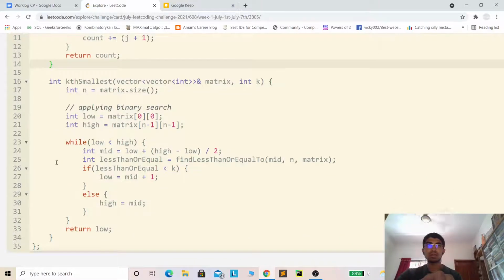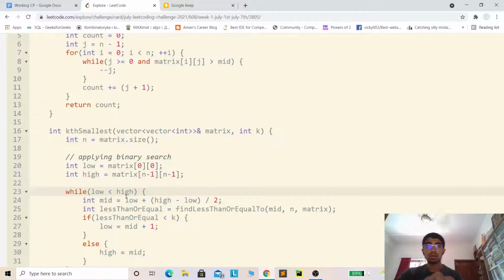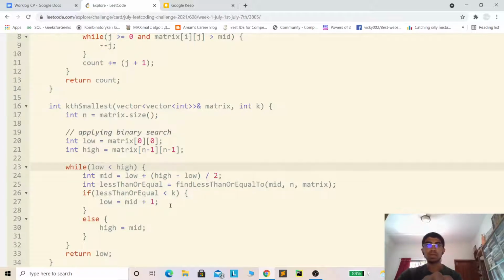And this is the normal binary search, and the time complexity is O of log of search space. Over here the high and low value can be like 10 power 9, so log of 10 power 9 is like 32.